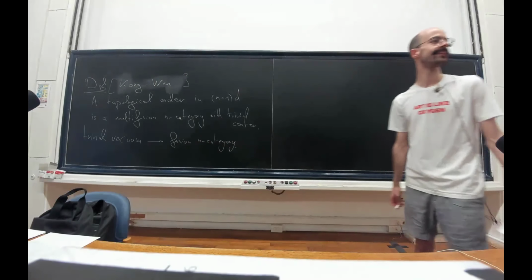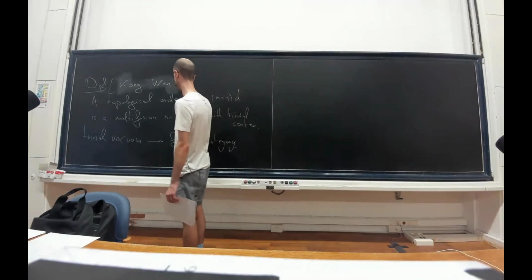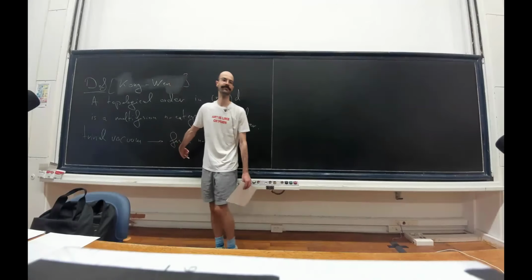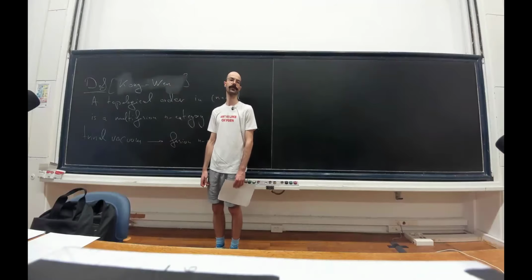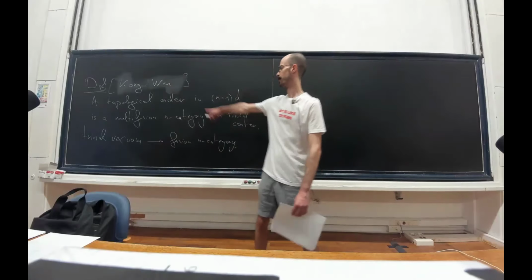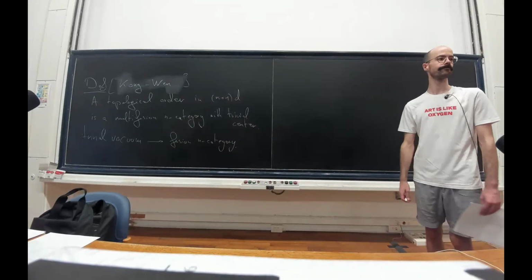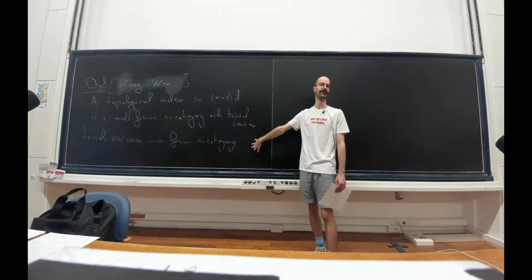Yes, Constantine. What's the difference between fusion and multi-fusion? Fusion means the monoidal unit is simple. Multi-fusion means the monoidal unit can decompose. If you have a matrix algebra over a vector space, do you call that fusion or multi-fusion? That would be multi-fusion, but that's still a trivial TQFT. I'm making the simplifying assumption that it has a trivial vacuum, an additional assumption to just simplify matters. But I'm not saying these are not interesting more generally. I'm saying these are more difficult, and it's probably better to understand these very well before even trying to do the general case.